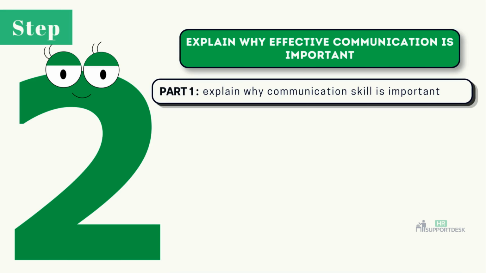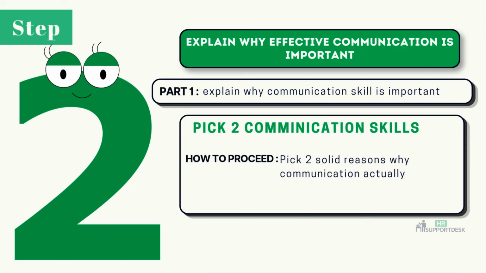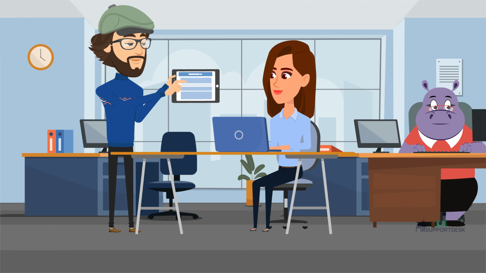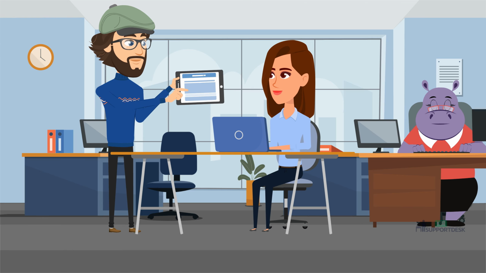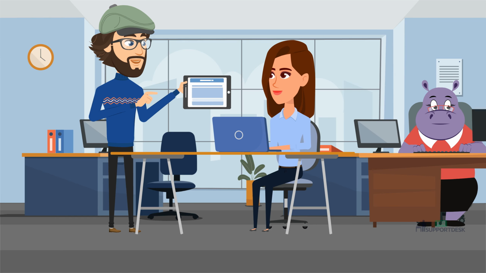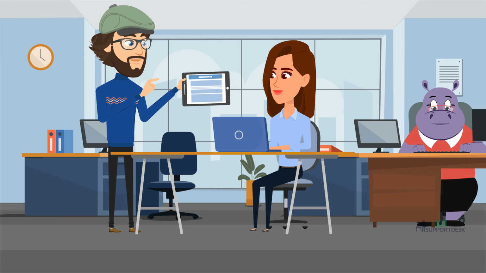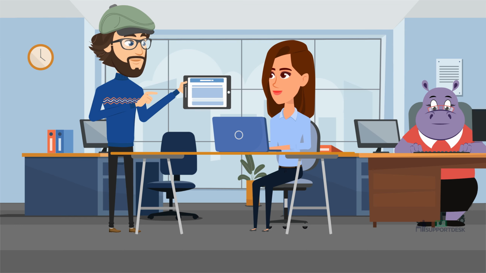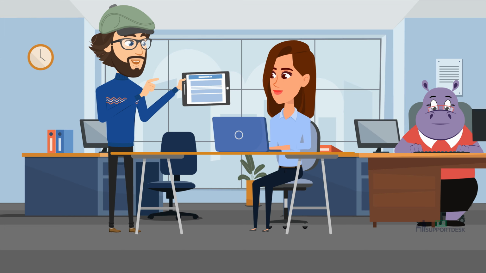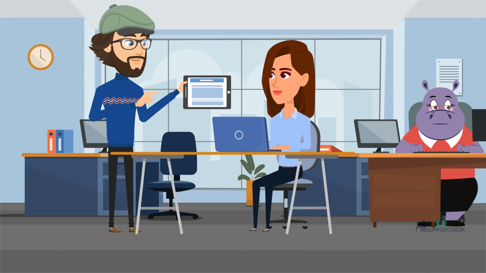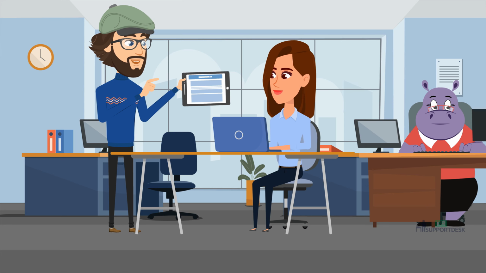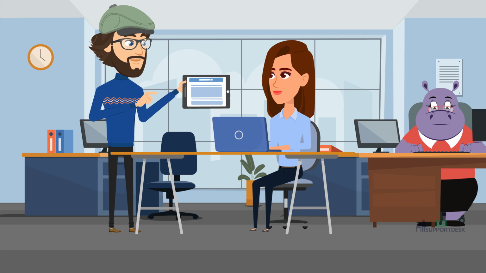Now listen carefully. Instead of just machine gunning 10 different shallow reasons, pick 2 rock-solid reasons why communication actually matters. For instance, you might focus on how clear communication helps influence decisions and how it builds professional credibility. Once you've got your 2 points, develop each one with a relevant example from the case study. Explain how if Monique confidently shares a well-prepared suggestion during that employee benefits discussion, she is far more likely to actually influence the team and lead them to a better informed decision.